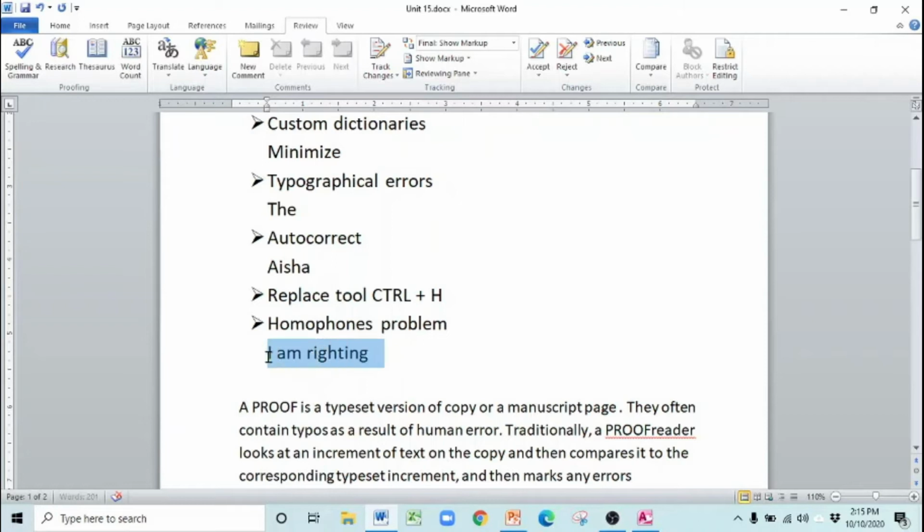Okay, suppose I am just writing, let's go to the beach. Here beach spellings are wrong. I am not supposed to write this word, this is not making any sense, but still it is not underlining. Why? Because spellings are correct, but it is not making any sense anymore. So you have to proofread such types of words by yourself.